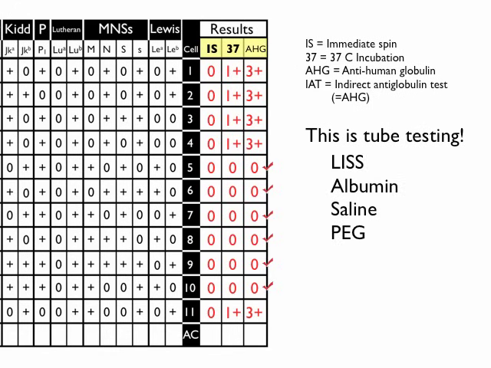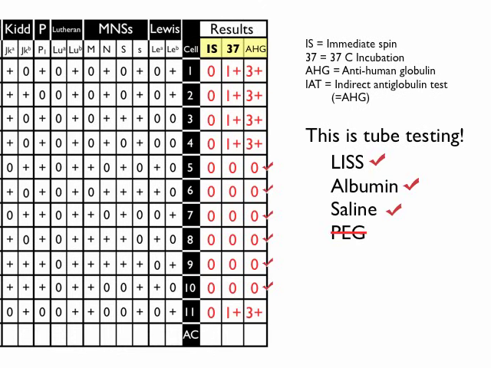Low ionic strength saline or LIS could certainly give you this kind of a pattern. It would look just like this. So would albumin, so would saline. But the one thing that's very important to recognize is that if you're using polyethylene glycol or PEG as your enhancer, it will not have this kind of a pattern, or it shouldn't have this kind of a pattern, because